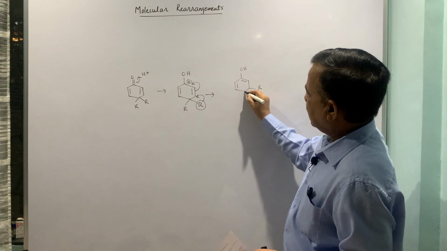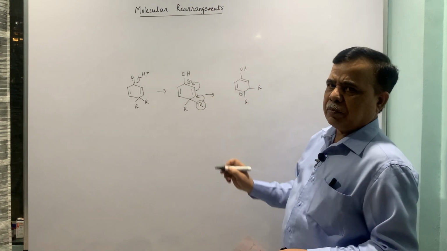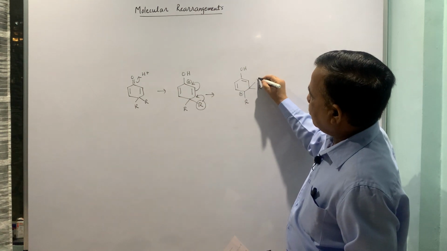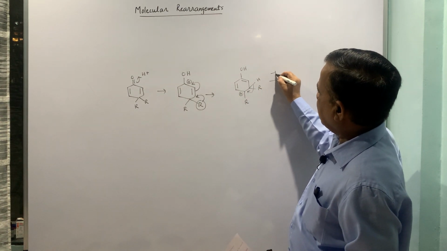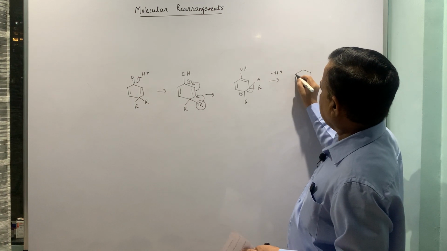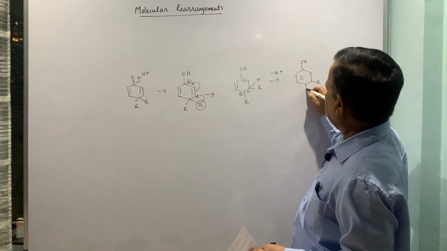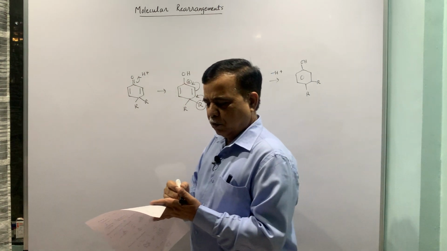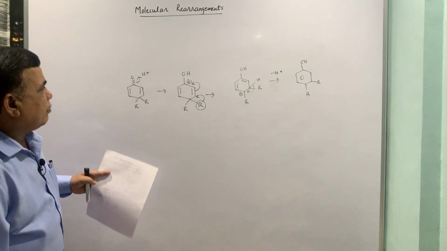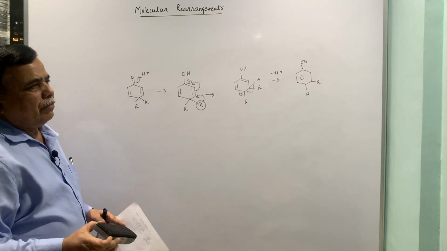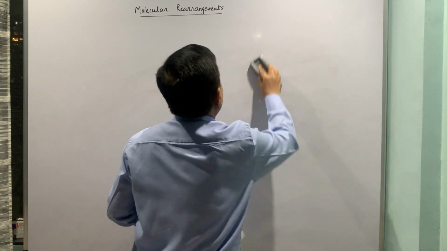This becomes R, the R is already there, and now the positive charge is here because your fourth group is migrating. There was a proton here, although we don't write it. The loss of proton can furnish the rearranged product. So this is a phenolic compound, so that's why it is known as the dienone-phenol rearrangement, because you are working with a dienone, the end product is a phenolic compound. Now this is all about the carbocation rearrangements.